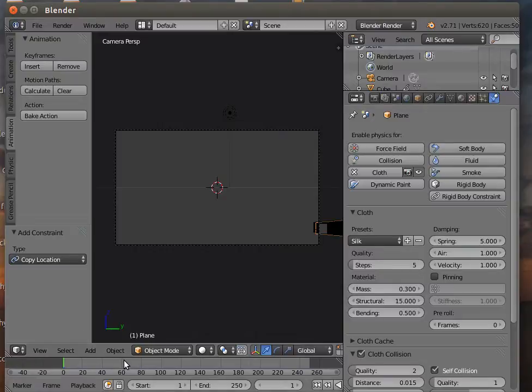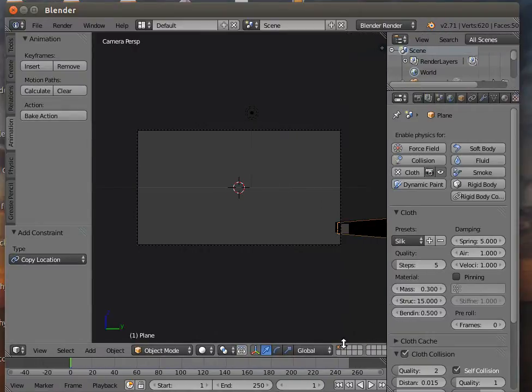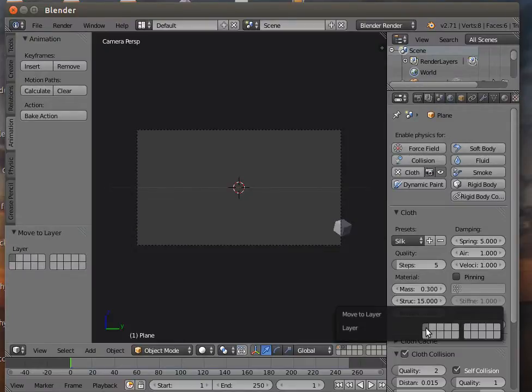So we're going to put some wind in the scene, and so we're going to put everything back onto one layer. So I'm going to move the cube onto the layer it was on before,